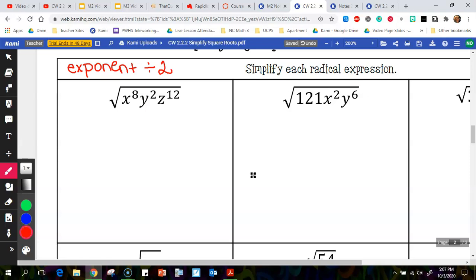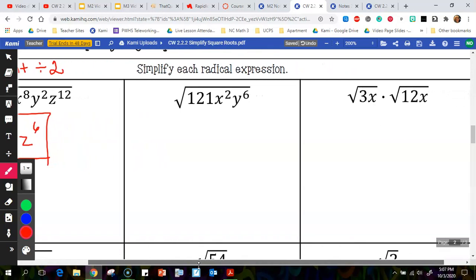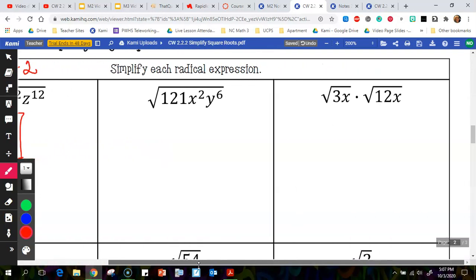To take these out of the radical, just divide the exponent by 2. So this is going to be x to the 4th, y, z to the 6th. That's it. That's all you have to do. If this had been z to the 13th, then we would have a z left under that radical, but we'll do one of those when we get to it. Okay, so this next one,